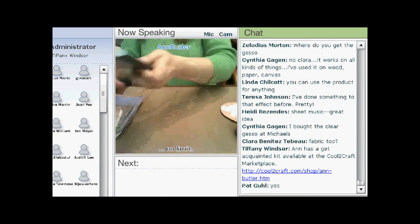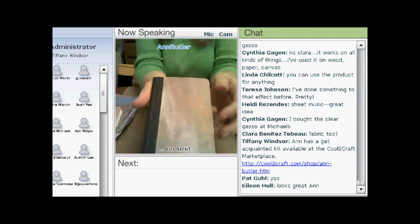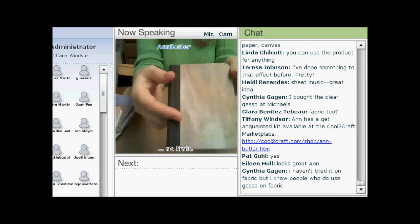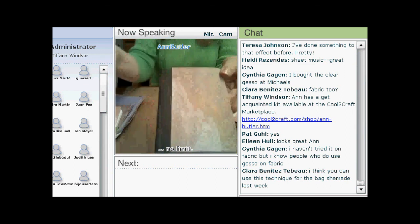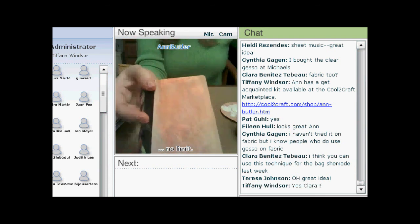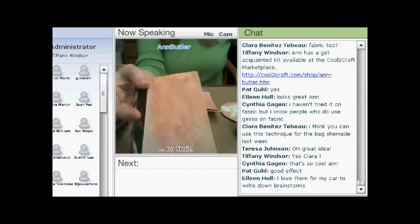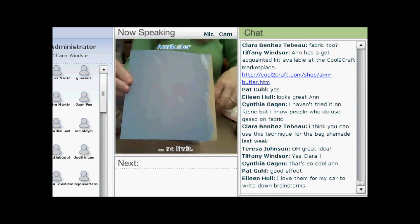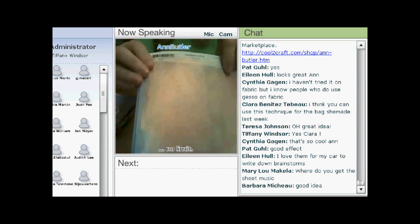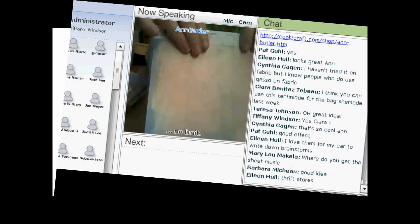Now, a couple of the things that you can do is, since you might not use it for scrapbooking, I took one of those little tiny memo books that you buy for like 69 cents, and I covered the covers of that with this. So this is another one. This is one that I didn't really like even how it turned out with the paper I started out with. It was kind of a blue and a pink, and I don't even like how it turned out. But I would continue working with this one, maybe adding the sheet music and maybe even rubber stamping on it to give it